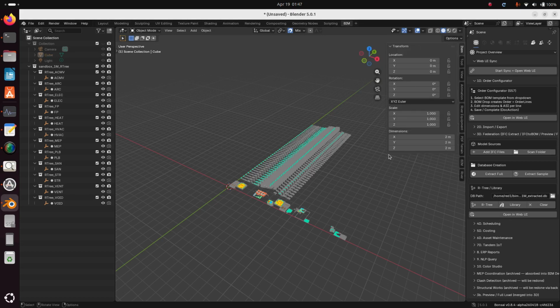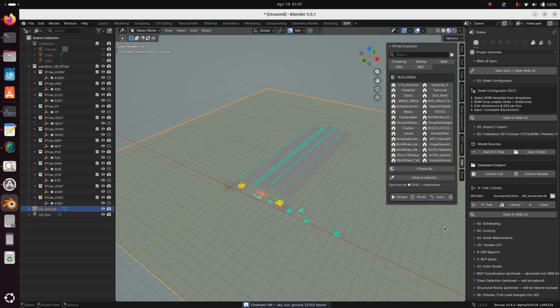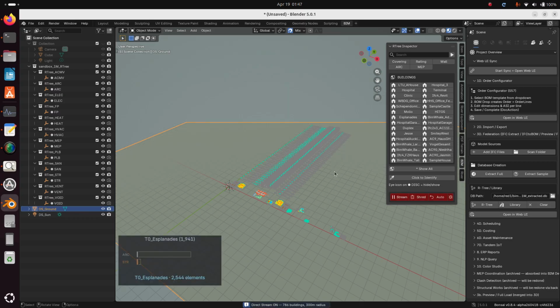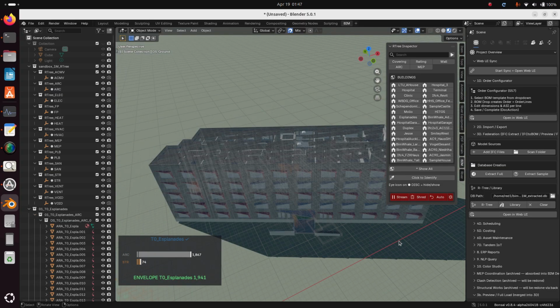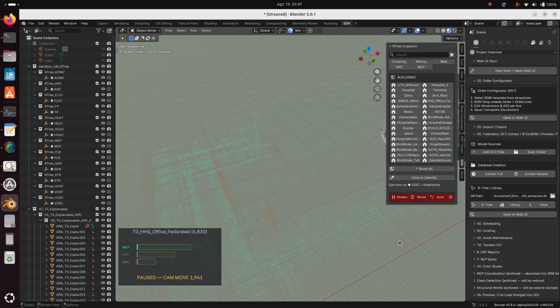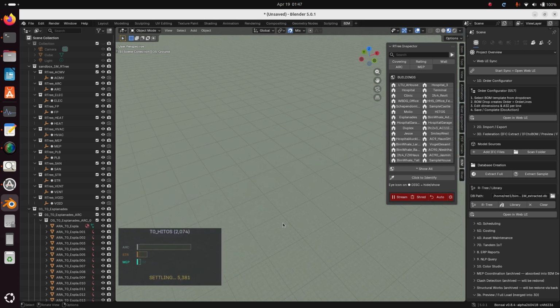Okay, we have introduced even more crazier new stuff. This is the sun, which will give you an effect of a real world view, and when you turn on stream, you can now see the magic. We have found out that Blender has certain tools that are unknown by the BIM world or the architectural world, that you can actually do precise engineering with Pixar movie effects. These are all precise, very high quality